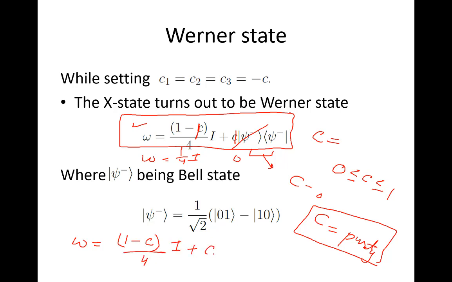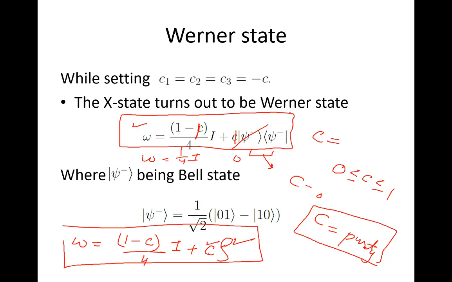Let's say you have any quantum state rho which is pure, so if you write its functional form over here, then this becomes the corresponding Werner state. And if you set the C, it will change the values of purity, and by changing the values of purity you can see how the quantum discord behaves. Okay, you can even calculate its entanglement, and if you calculate the entanglement for different states and change the purity,